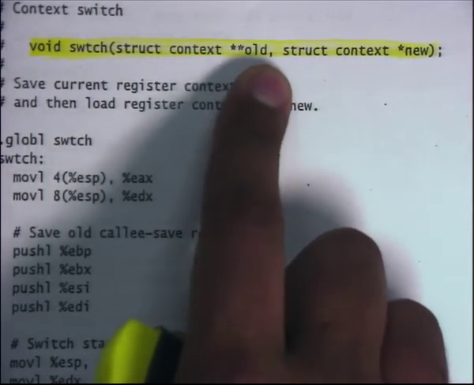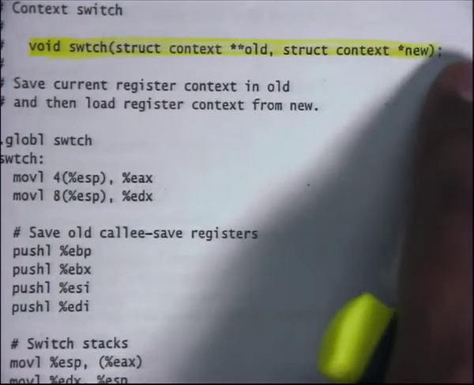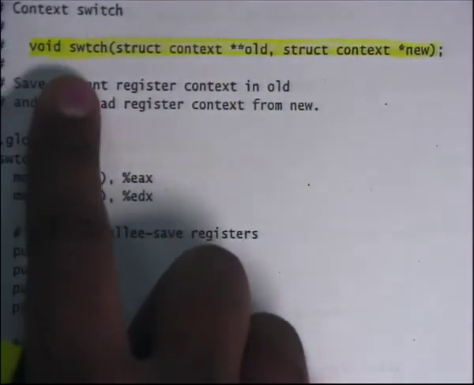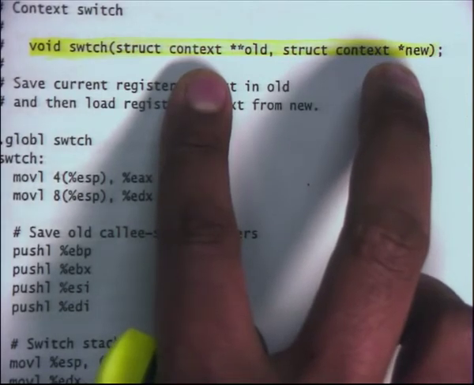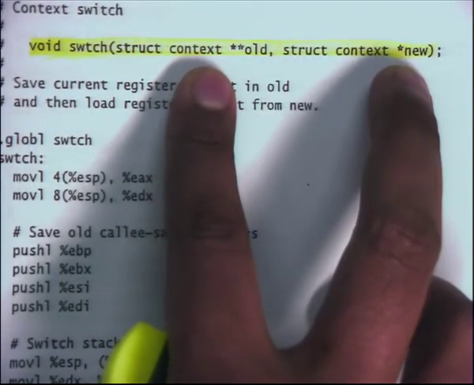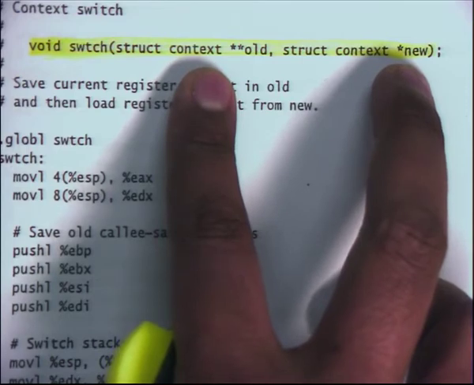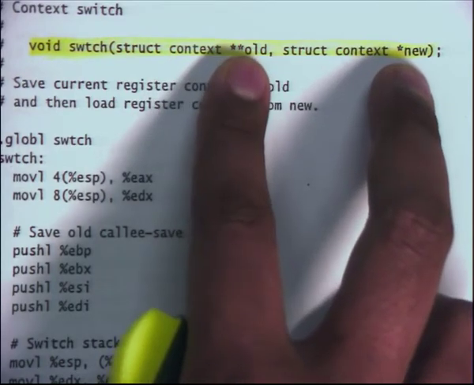And what this switch function is going to do is switch from the current context to the new context and save the values of the current context into old, right?